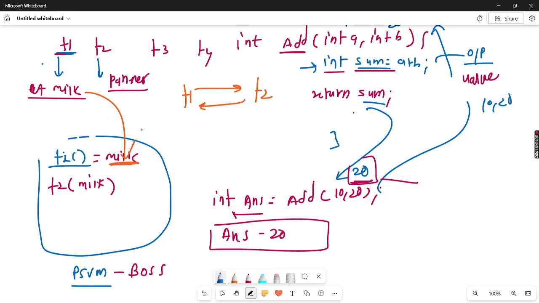यानी हमने यहाँ से मिल्क रिटर्न किया तो यहाँ पे मिल्क आ गया मेन फंक्शन के अंदर। अब इस मिल्क को हम F2 फंक्शन को पास कर देंगे। अगर मैं रिटर्न नहीं लिखता हूँ तो वो डेटा F1 फंक्शन के पास में ही रहेगा, मेन के पास में आएगा नहीं। और अगर मेन के पास में नहीं आएगा तो अगर आगे कुछ फंक्शंस हैं जिनको वो वैल्यू चाहिए।